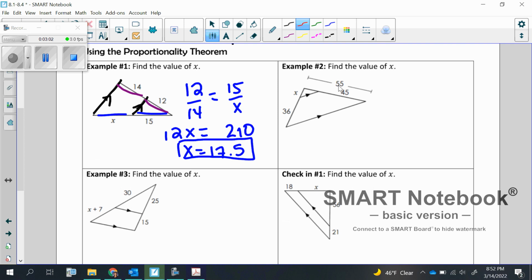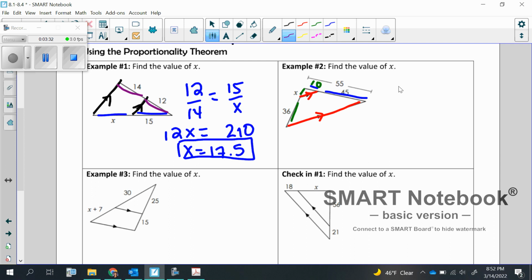Okay, same thing with example 2. So first off, we need the pieces of the side. So we see that this segment in the middle is parallel to the third side. So we could say part of the segment over the other piece of the segment. So this piece over this piece is equal to this piece over this piece. But first we need to figure out what this top missing piece is. So if the whole thing's 55 and the bottom's 45, this piece is just 10. And now we can set up our